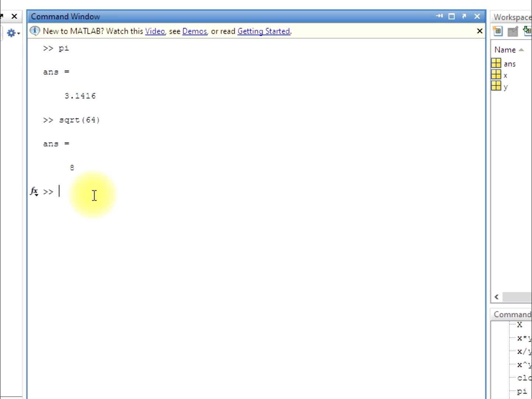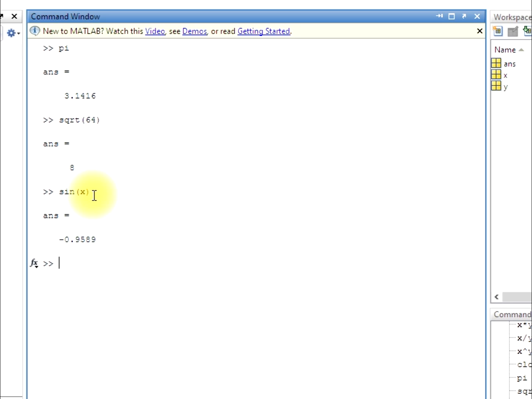Third part is the elementary mathematical functions, in which I will be telling you about sine, cosine, tan, cot. Sine, cosine, tan, cot are trigonometric functions, and they also run here. I would have told it later, but let me tell you now. So sine of x, where x is the variable which we have defined earlier. It has been stored in the workspace, that's why it's visible here, and I haven't cleared the command window.